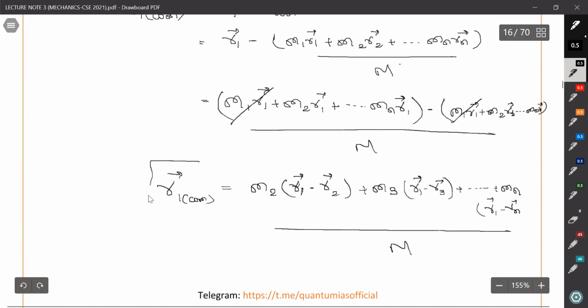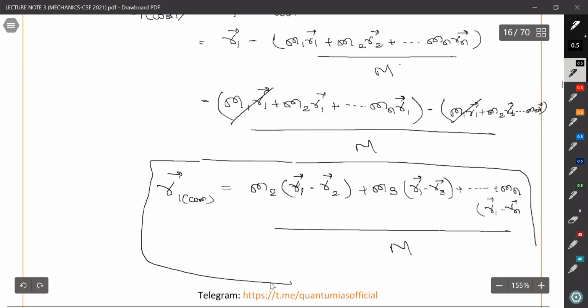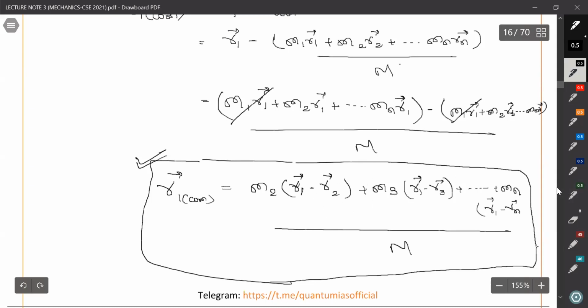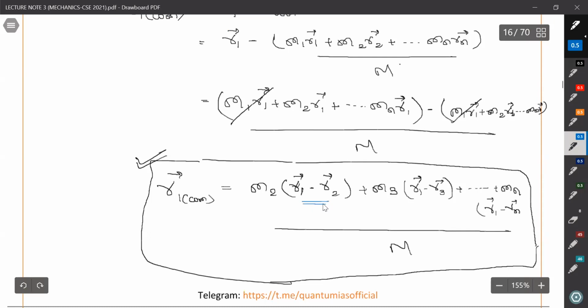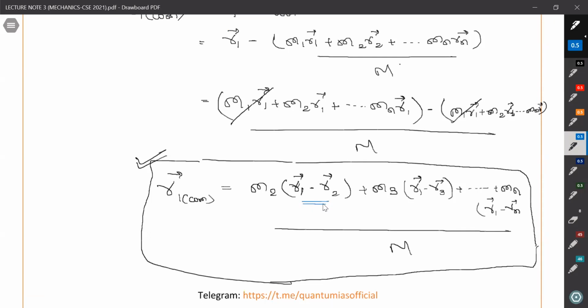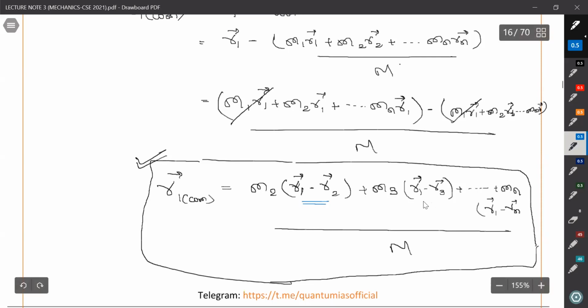Maybe you think that this is very complicated to write, but it will make our calculation very easy in coming examples or illustrations. Okay, so if it is a two body problem, then it will be very easy to identify, right? We will also see about the reduced mass concept in the next lecture. Just try to figure it out. This is r1 minus r2, the position vector of 1 with respect to 2. This is the position vector of 1 with respect to 3. This is the position vector of 1 with respect to n.